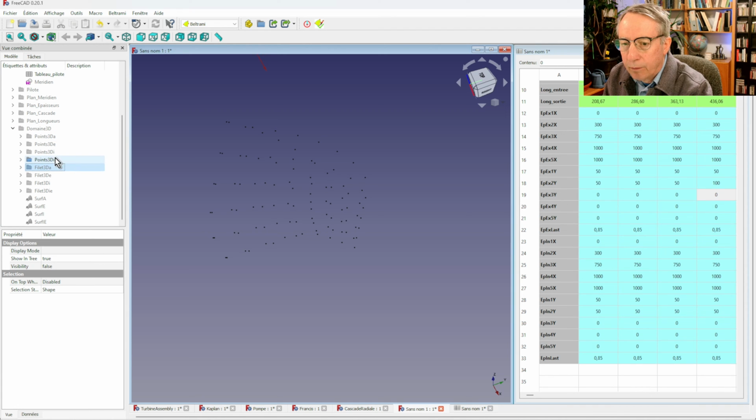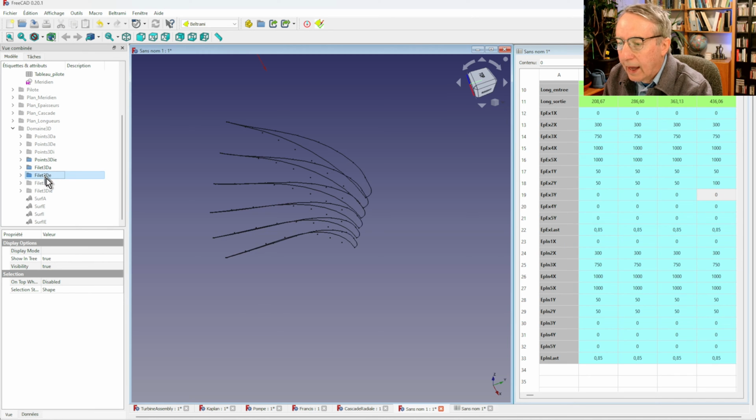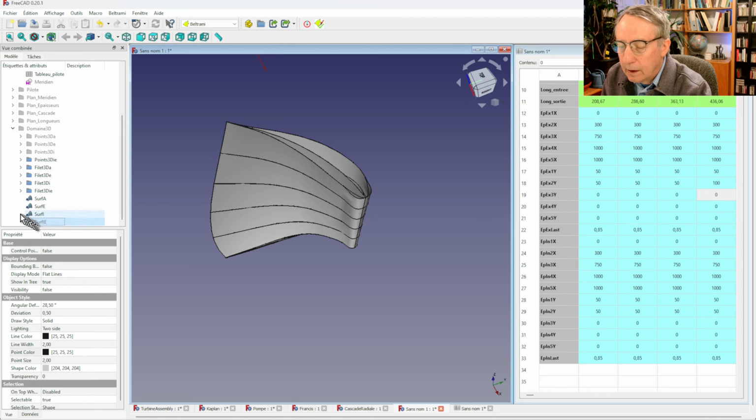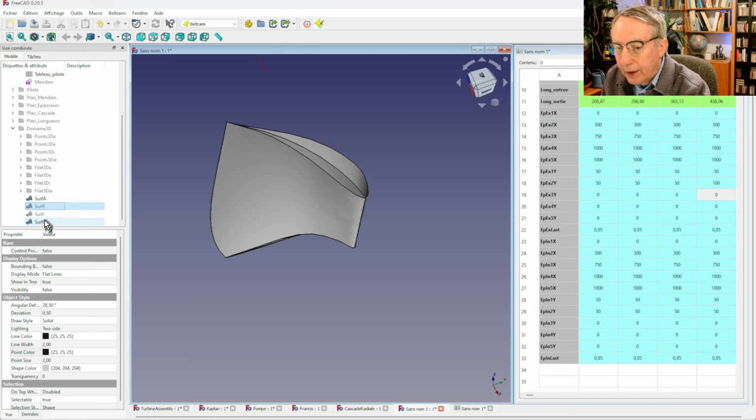Following this series of points, we have curves for the web, for the suction side, for the pressure side, and also here we have the assembly of suction and pressure side. Then from these curves, we make some interpolation to create the surface. So we have the web, the suction side, the pressure side, and the complete surface of the blade. In the process, the tangency conditions of the complete blade surface are transferred to the pressure and the suction side.